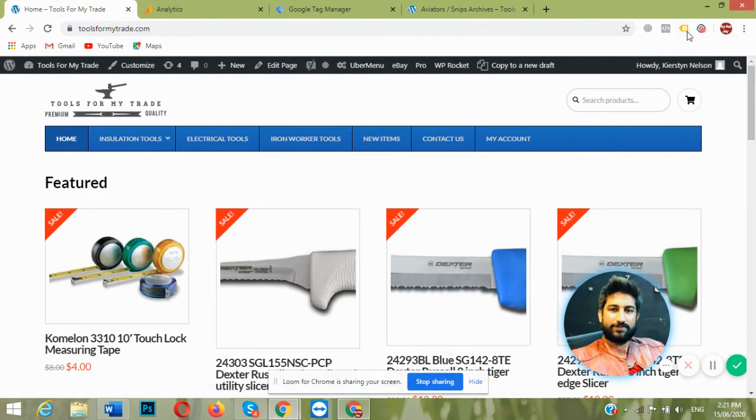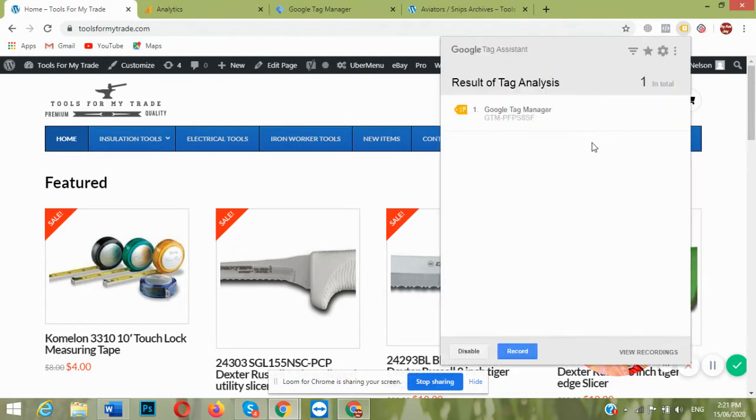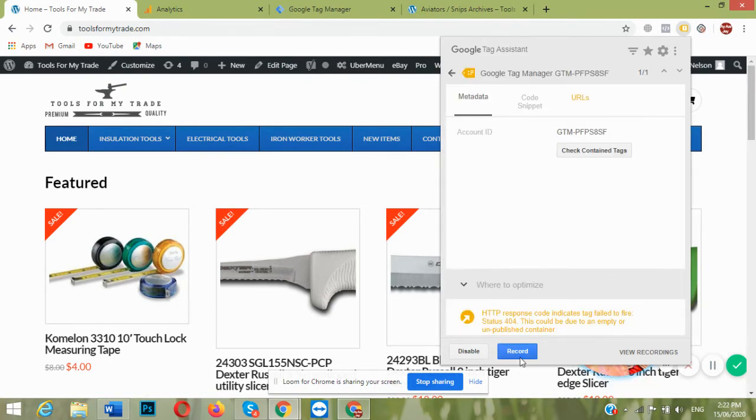We can check that with this. It means Google Tag Manager is installed on the WordPress website, but it is yellow. Yellow means the response code indicates the tag failed to fire, which could be due to an empty and unpublished container.